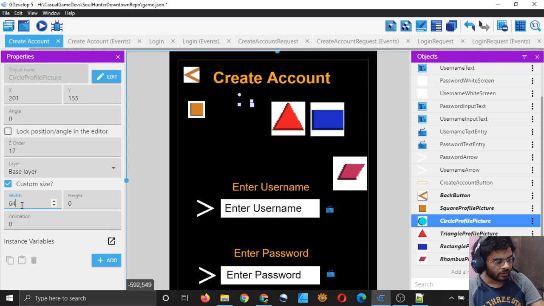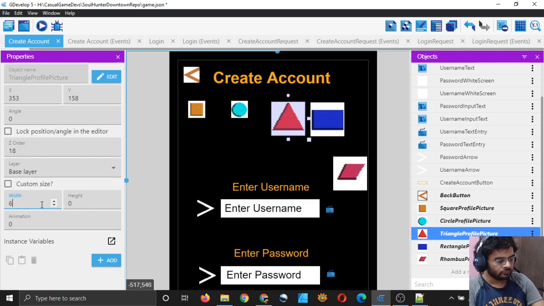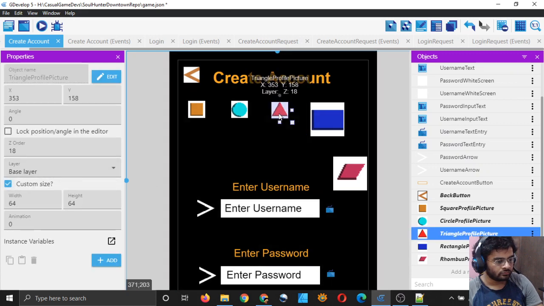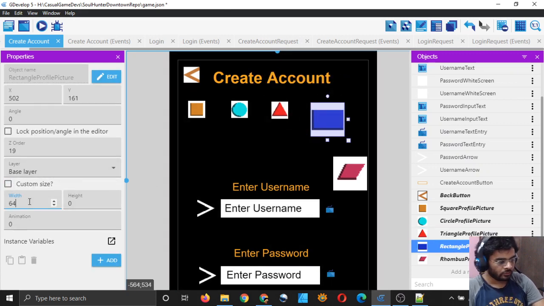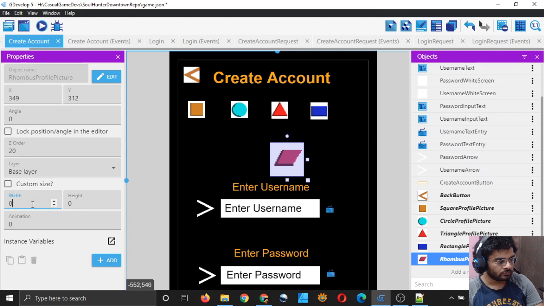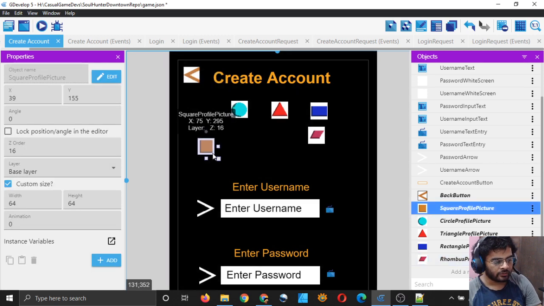Change the width and height to 64 and 64, and this one also, this one also, and this one also. So I have changed their sizes, so I will now put them together here.